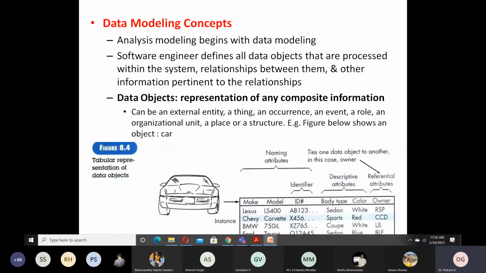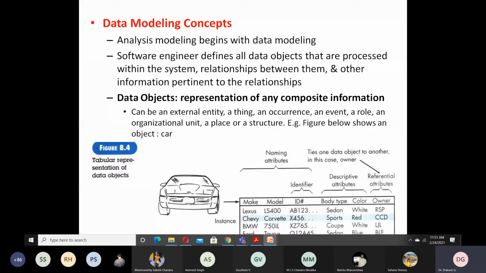For example, if you are considering an external entity, what example can we give for a data object? I just want some of you to interact. What can be considered as a data object for the external entity? We are saying that a data object can be an external entity, so what example can we give here?